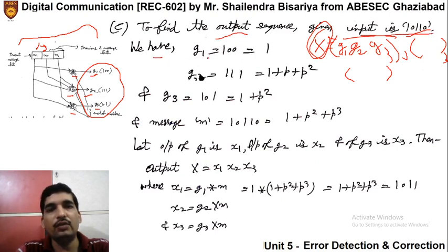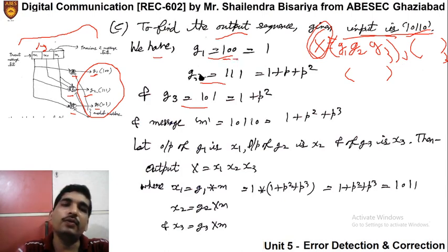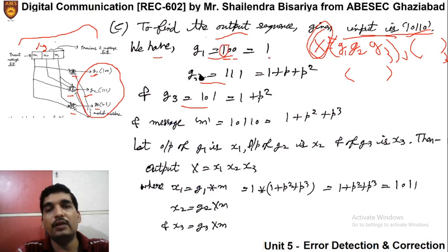We have G1 equal to 1, 0, 0, G2 equal to 1, 1, 1, and G3 equal to 1, 0, 1. So if we start from this as x to the power 0, x to the power 1, x to the power 2, etc., to represent it in polynomial form, similar to what we did in cyclic codes, since it is x to the power 0 only, it will remain the same. So G1 is equal to 1. While if you represent G2 in polynomial form, all are 1, so it is 1 plus p plus p square. While for G3, the first and third terms are there, and the second term p is not there, so it is 1 plus p square.